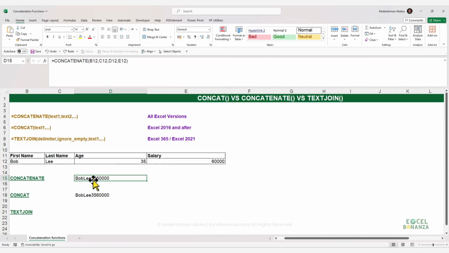So what if we need to have the information here separated by a delimiter, such as a space, for example? In case of the concatenate function and the concat function, it's actually the same formula. You need to provide the first cell and then a space here, which we would call the delimiter. The delimiter is what you would put between each piece of text that you're gluing together. So we'll put the space here after the first name, and then we'll put the space after the last name,